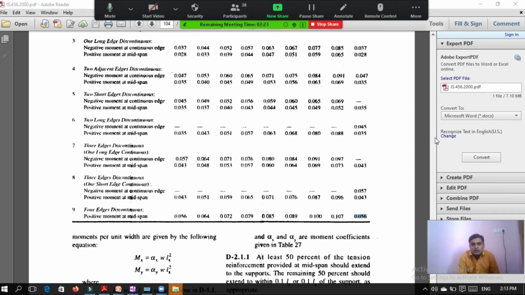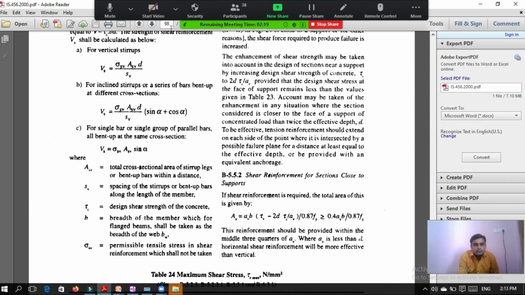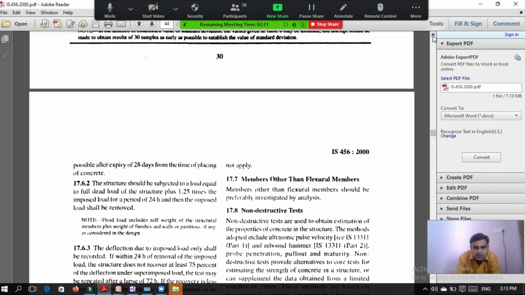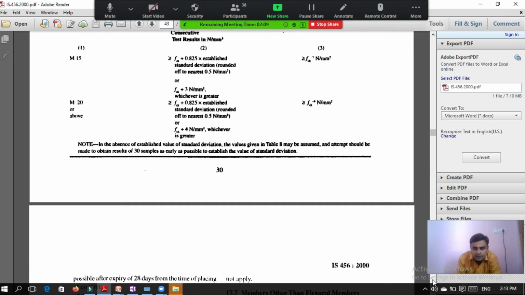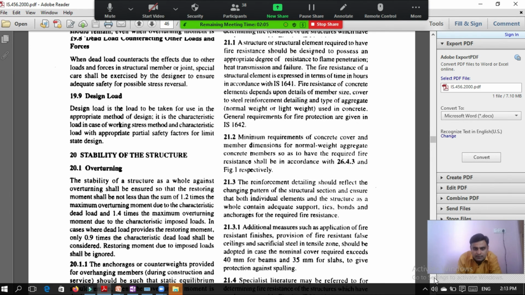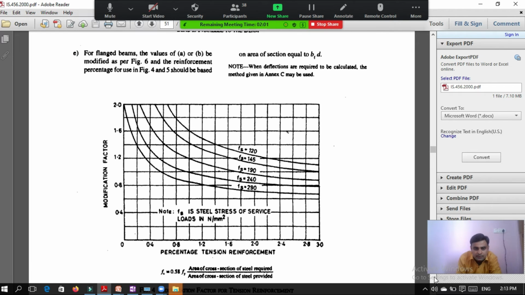So now in the IS code we need to go to page number 38. So this is page number 30, so we need to go for 38. So this is the diagram.